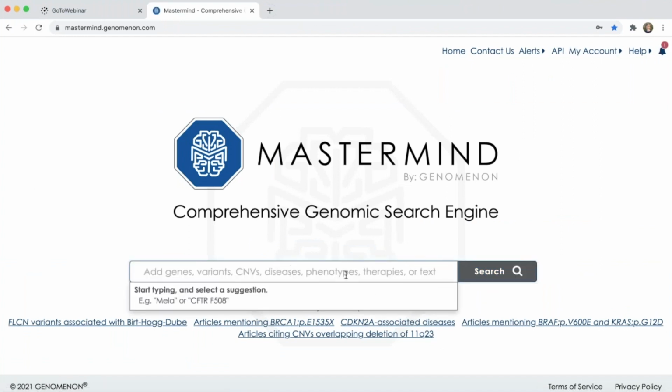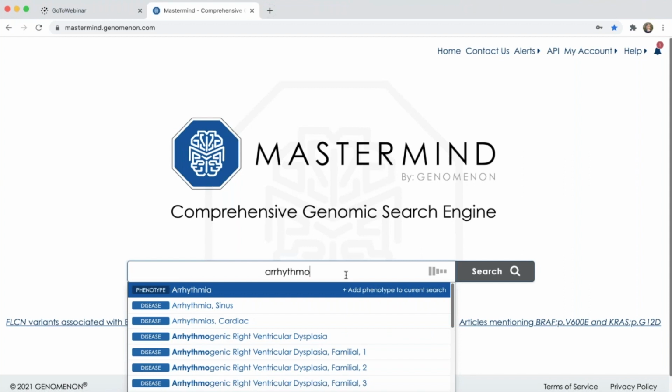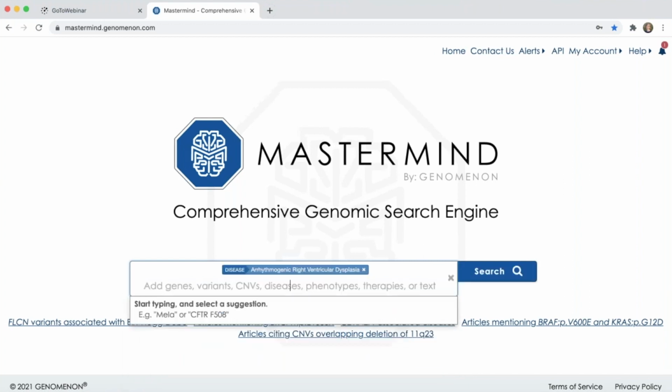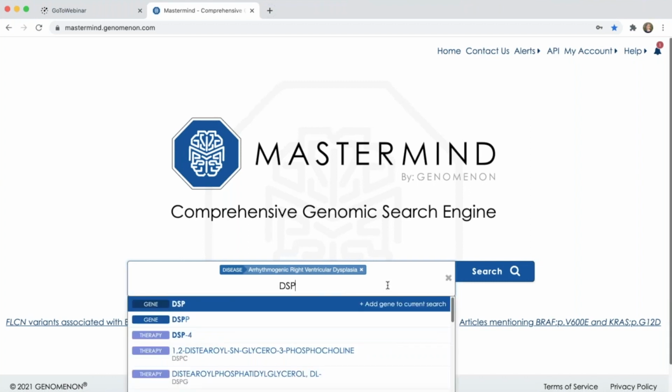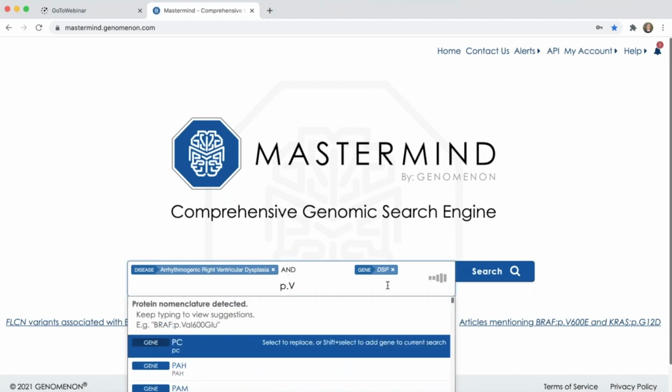So the example I will use is a cardiac condition called arrhythmogenic right ventricular cardiomyopathy. Okay, actually I will do the dysplasia as my example. And then in this case, my patient has a specific variant in the DSP gene. So I will add DSP. I will enter my variant, in this case by protein position,